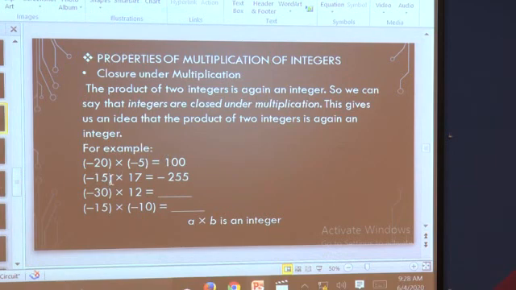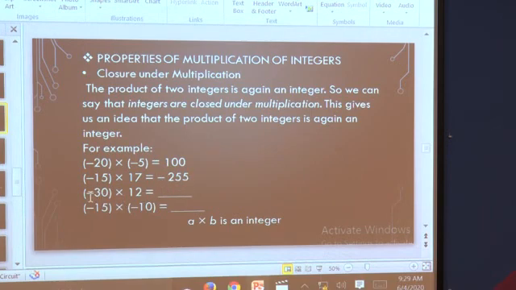Another example, minus 15 multiplied by 17. What is here? I had taken 17 as a whole number here. So, one is an integer and another is a whole number. So, minus 15 into 17. What we have to do here? Very simple. 15 multiplied by 17, you can do the simple multiplication and what is your answer? It is 255. Here, because we are having one negative integer, that is an odd number of times, we write it as negative, that is minus 255.